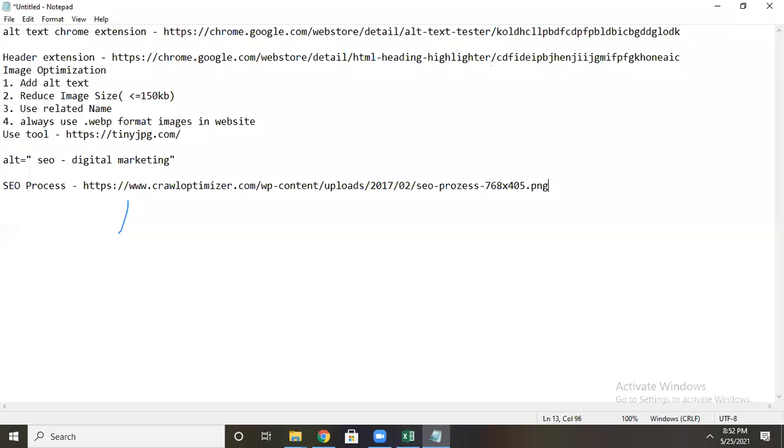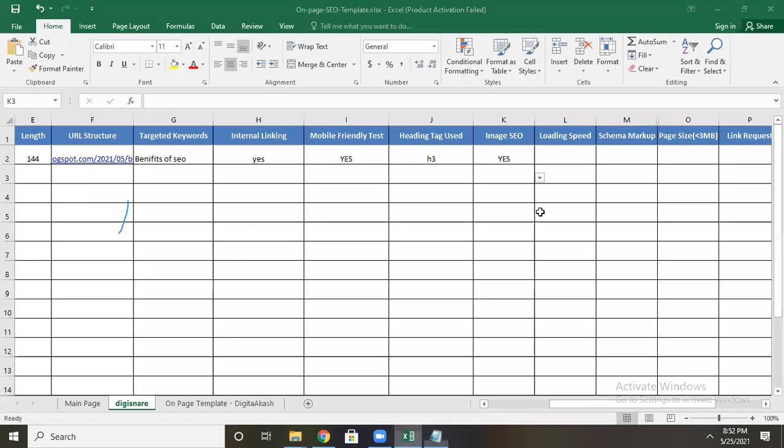Once Google starts ranking, only then will you come up on the top pages, so we have to do all this SEO activity. Today I covered SEO activity up to image SEO.